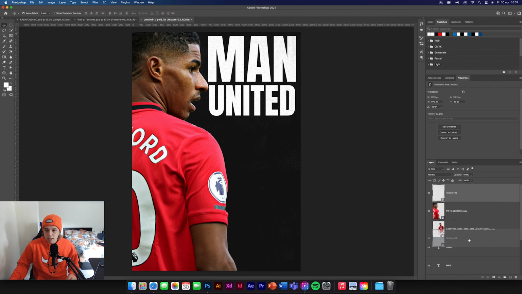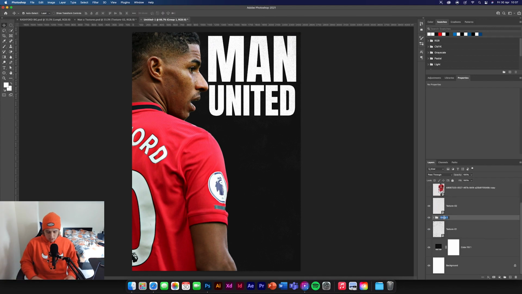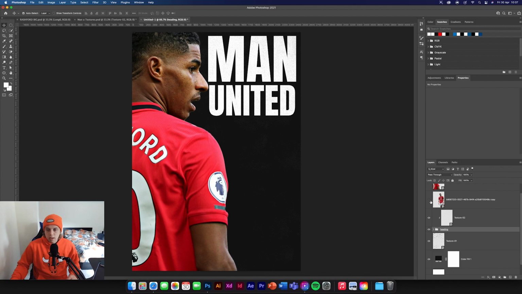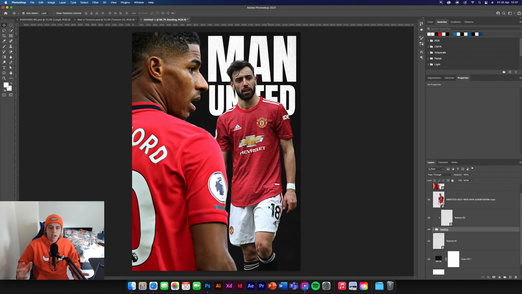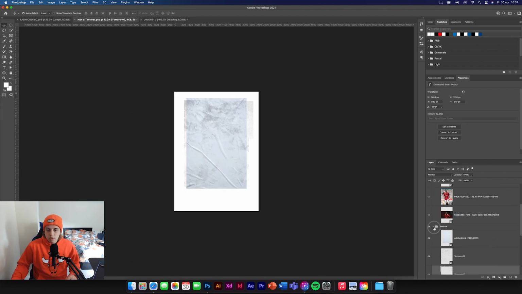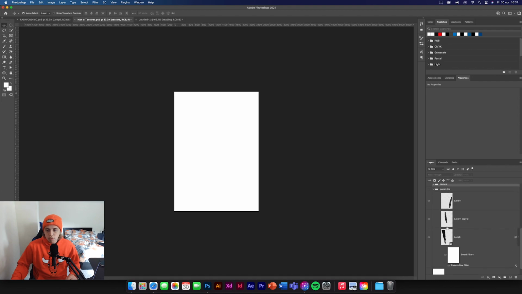So we can clip and mask that to the type, just group the type together, call that heading, and we're just going to go like that. That's all done, clipping mask done. Nice. Now we can turn Bruno Fernandes back on. As you can see, he's covering part of the heading, but you can still see what it is, so it still works. Now, let's go down to our texture pack again, turn those textures off, and we'll come down to